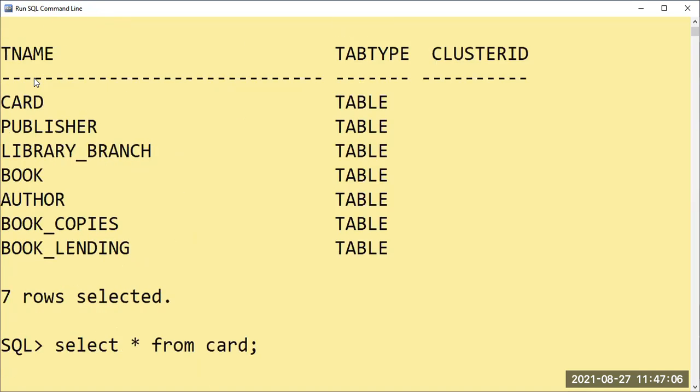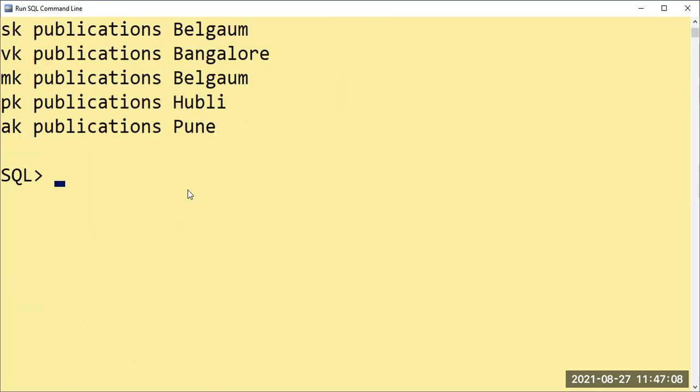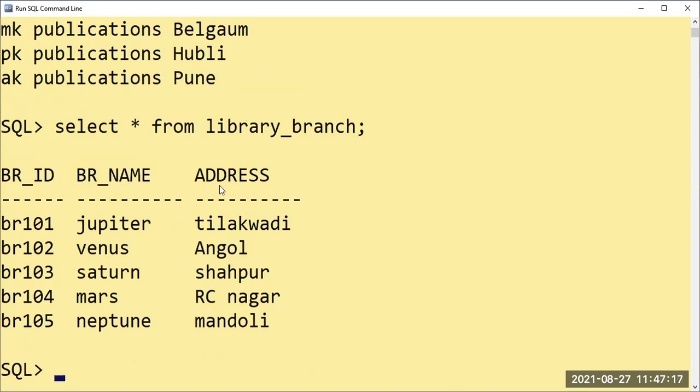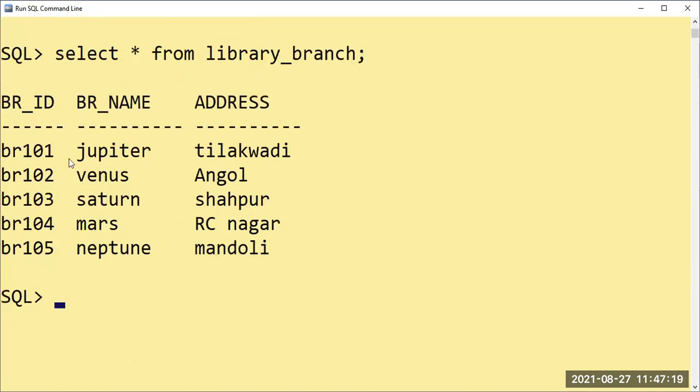Then the next table is the library branch. Select star from library branch. For the library branch, I have taken some different names, not the college's name or any branch name. Normal. For the library branch, we have three fields: branch ID, branch name, and address. Branch ID is going to be the primary key, which is to be referred to by other tables.